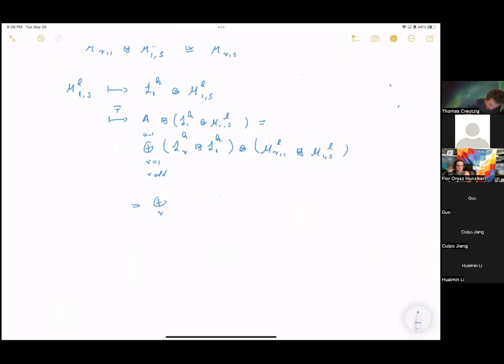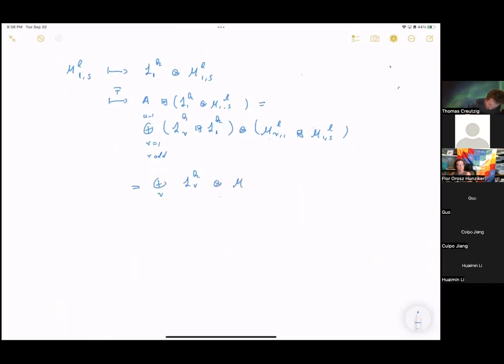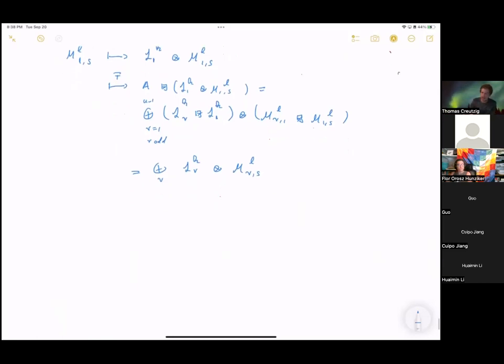And now you see this is nice. The summation here is always the same, right? Because here I just get the LR again, and here I get this module. So it's a very simple sum. And now maybe I'm lucky and I can identify this with a module of the big VOA. And indeed, because the branching rules are completely known, it's very well known simply that this is isomorphic as a module for the big VOA to the